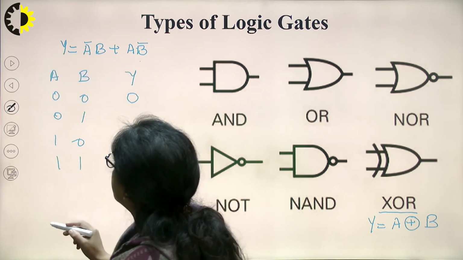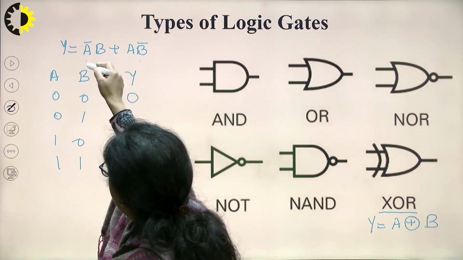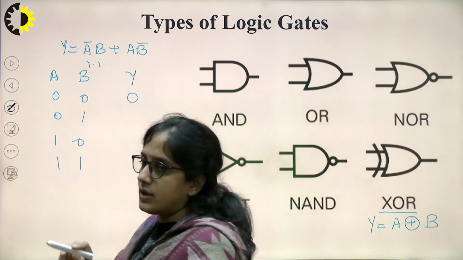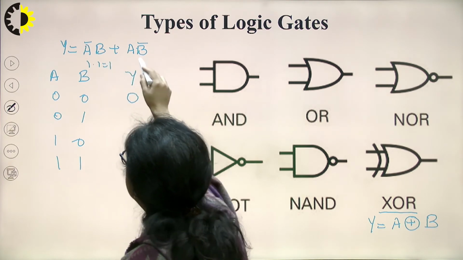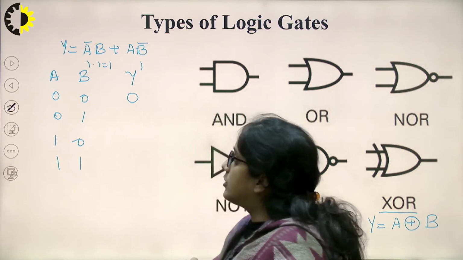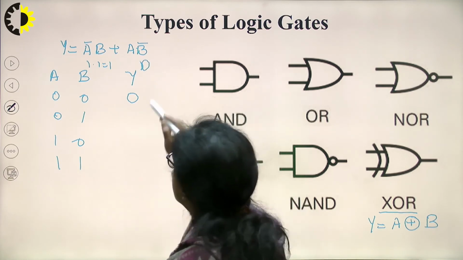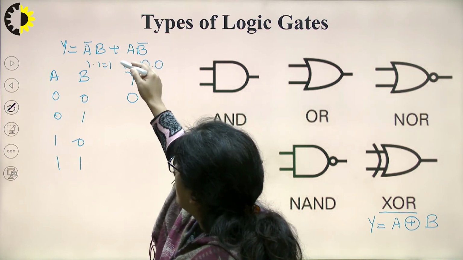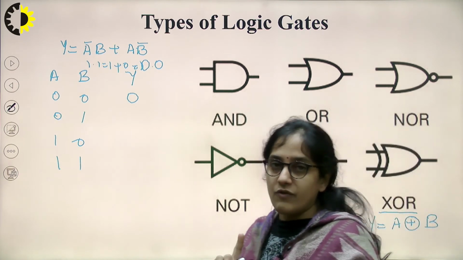Now, in the second case, a is 0, so complemented a will be 1, b is 1, so we multiply with b, 1, and the total result will be 1. Now, second case, a is 0, b is 1, complemented 0, so overall it will be 0. ORing 0 plus 1, 1 plus 0, the result will be 1.